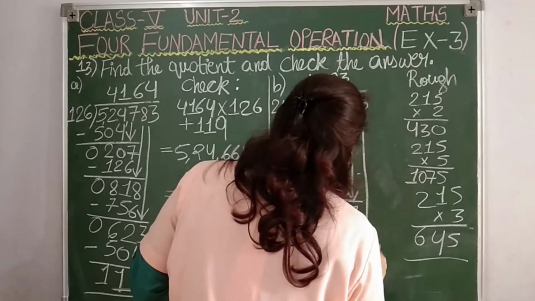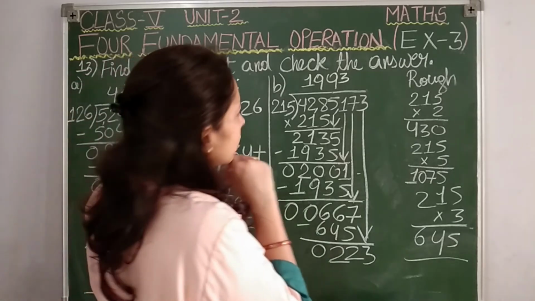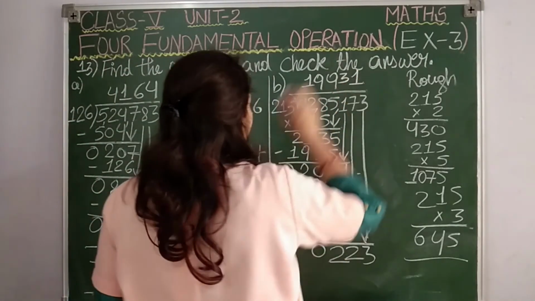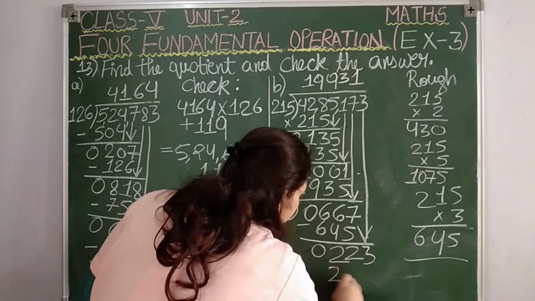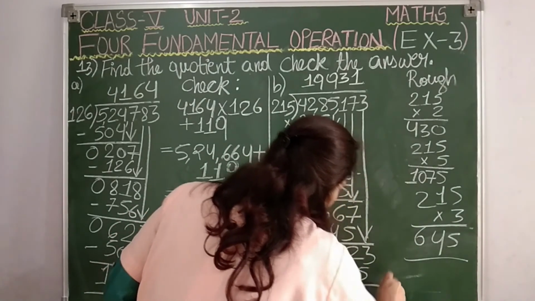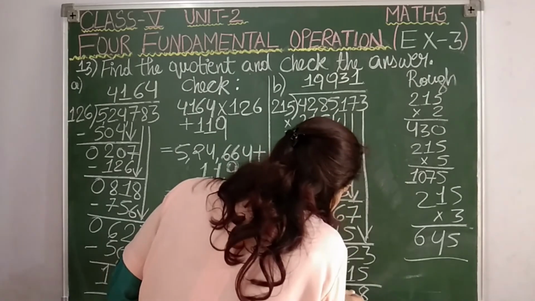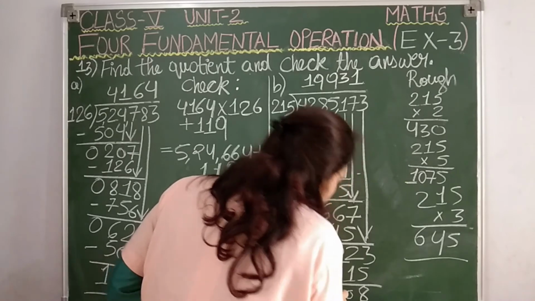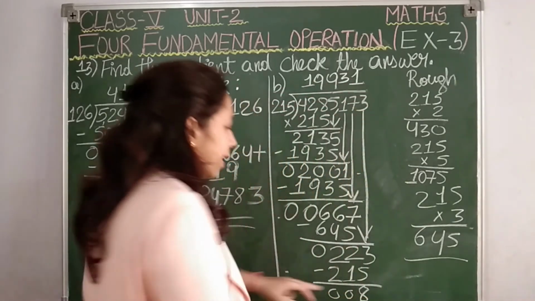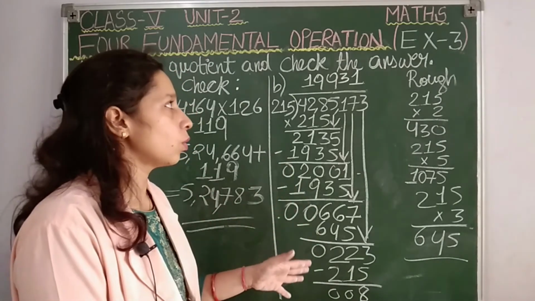Last digit from the dividend, that is 223. 223 na students. So that means again I have to take it with 1. 215 ones are 215. How much is the remainder? Let us see. 13 minus 5, 6, 7, 8, 1 minus 1, 0, 2 minus 2, 0. So students, here my remainder is only single digit 8.